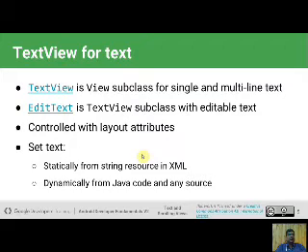In XML we set the text statically, because when we insert the text there, the text is shown on your screen. And what is dynamic? When we use Java code to insert the text into the text view, the static text is removed from that text view and edit text, and the text from code is inserted into the text view.